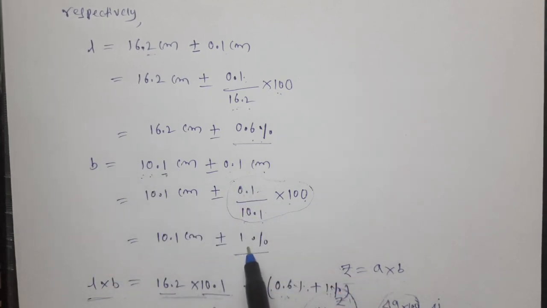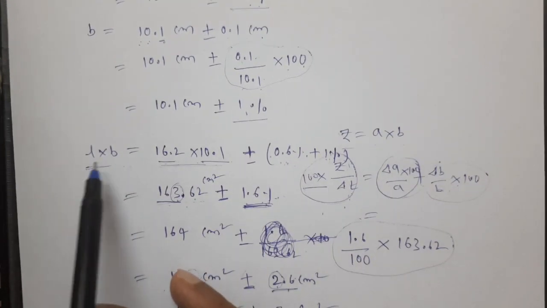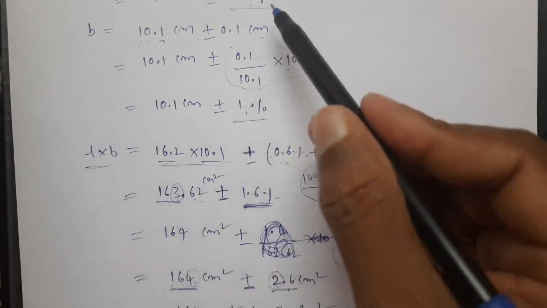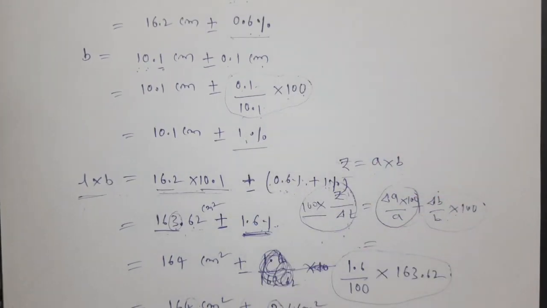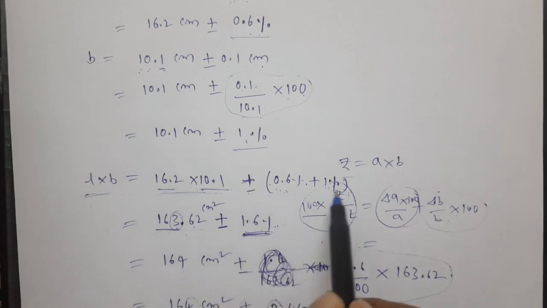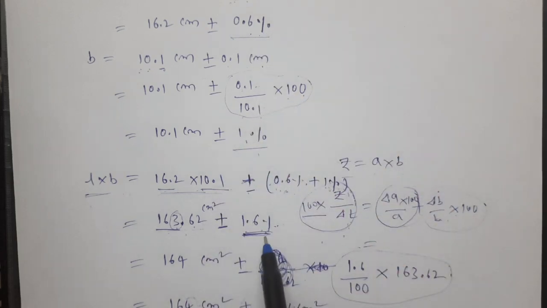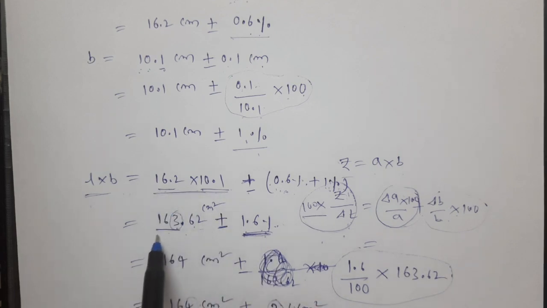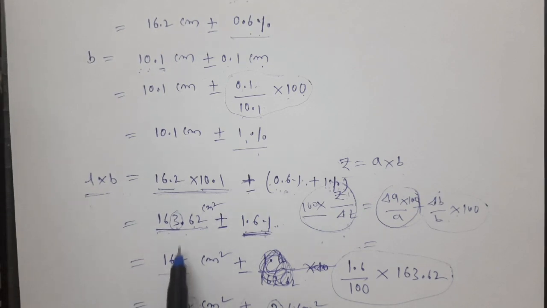Now we are multiplying the two quantities. Whenever two quantities are multiplied, here we have a percentage error and here we have a percentage error. Then what happens? The percentage error in the result is equal to the sum of the percentage errors in the individual quantities. That's why we are directly adding the percentage errors 0.6 and 1. So we are getting like this. And this quantity actually has 5 significant figures, but it must be given only with 3 significant figures. That's why we are rounding off to 3 significant figures.